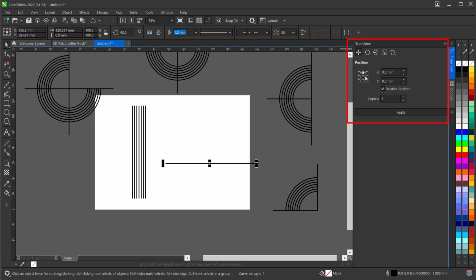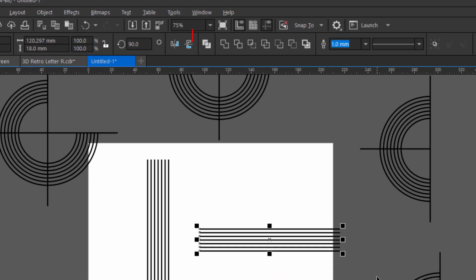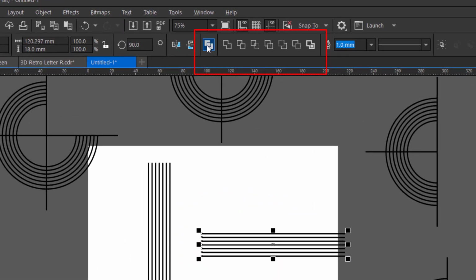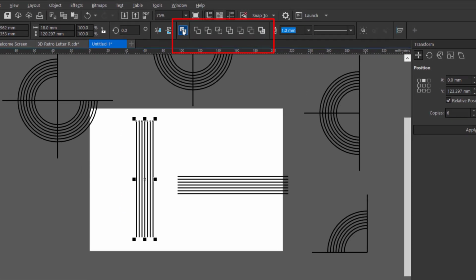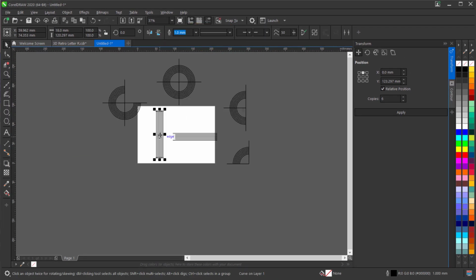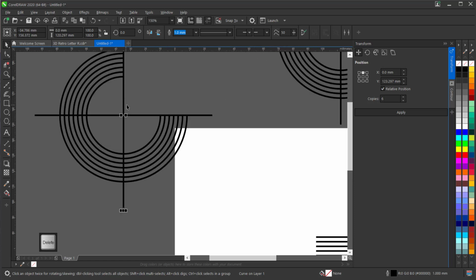Repeat process for the horizontal line also. Now select all the horizontal lines and combine, and then likewise select all the vertical lines and combine. Great! We have all we need to start creating our letters.